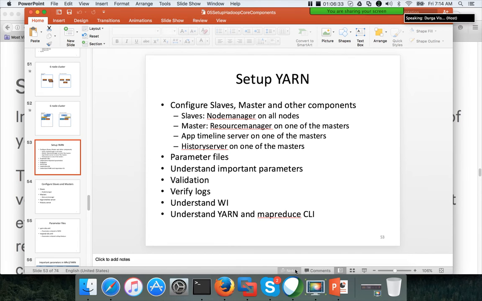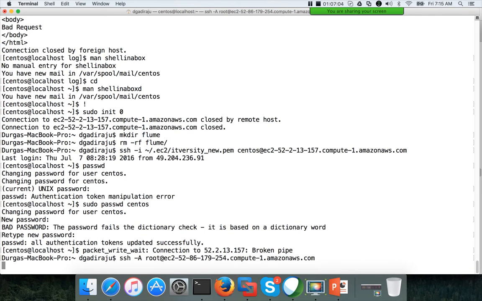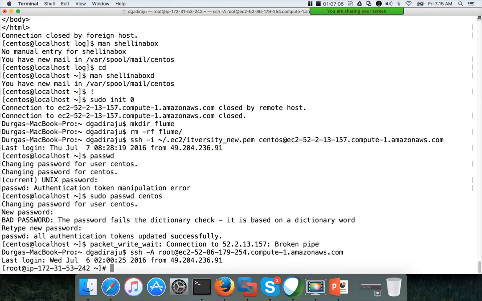Okay, so those are the important parameters. And if you want to review all these things from the command line, we have used the web interfaces and seen how we can review the parameter files and important parameters, and also the slaves and masters, app timeline server, history server, etc. Now you can log into the cluster the way I have been doing for all the other tools, for HDFS, for Classic, etc. The same way you have to log into the cluster, and then